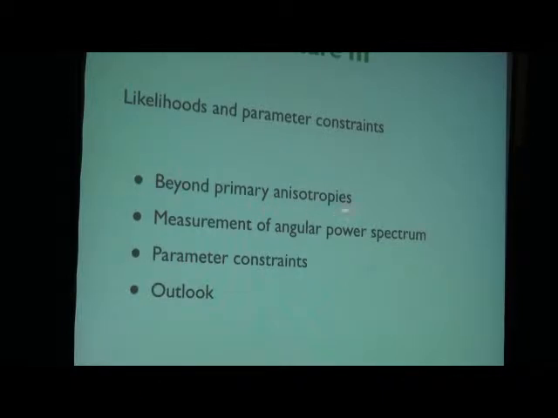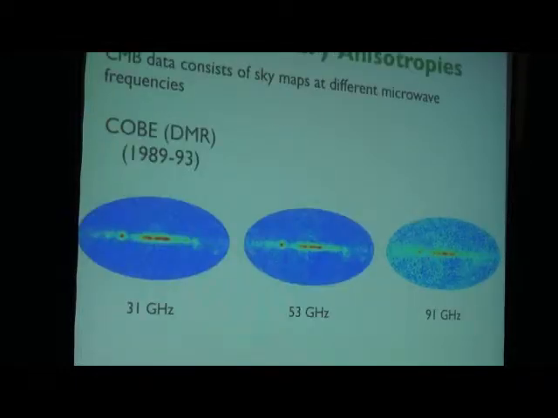So I'll say a little bit about what's in the CMB beyond primary anisotropies, and then I'll focus on the measurement of angular power spectra and the parameter constraints, and then say a little bit about essentially B-mode search and future CMB experiments. So first, notice that usually when we say CMB data, the data isn't really just maps of